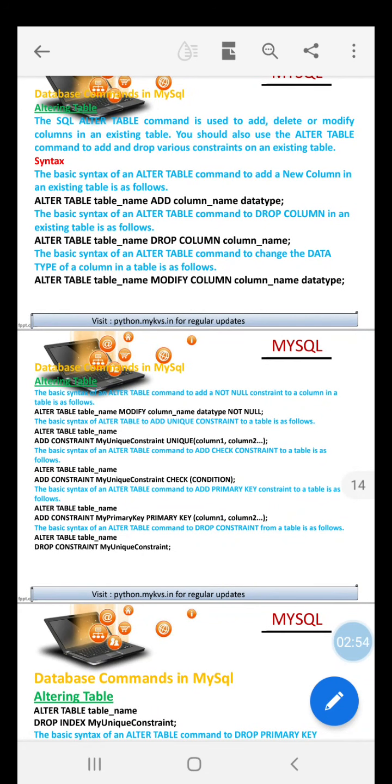So, we can use alter table student, modify column admission number, and there should be a data type like char, varchar, integer, etc. So, these are the three basic commands and clauses which we can use to modify the structure of a table by adding, removing and modifying the data types of a predefined column.